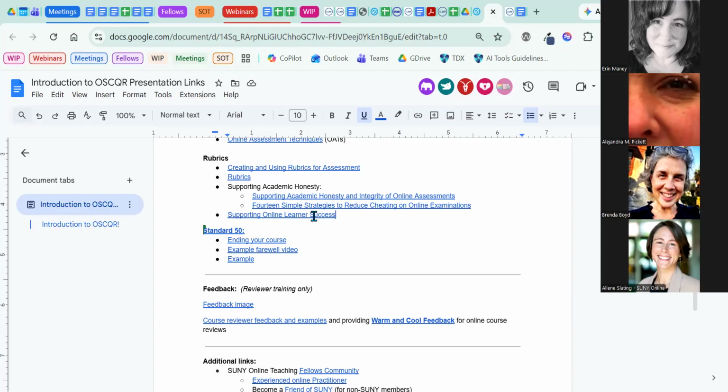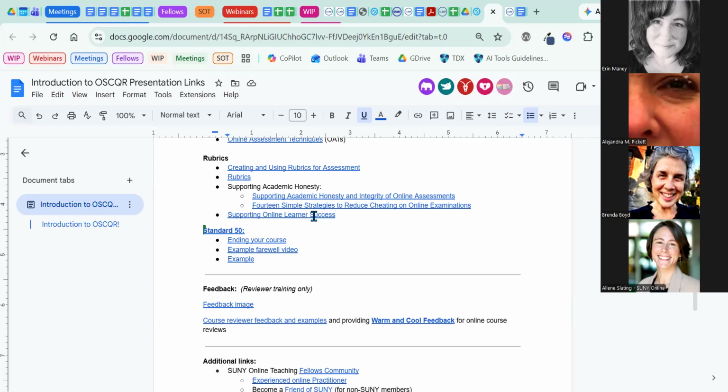And there are lots of challenges, right? And not just in an online environment, but in any modality. These are things that we need to pay attention to and be aware of, and we can design activities to help minimize some of the risks that are out there.